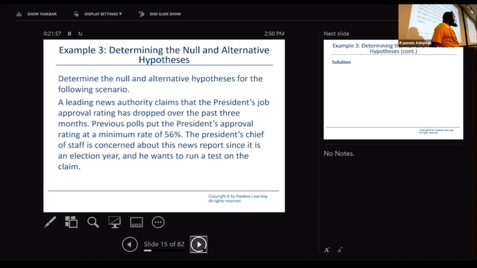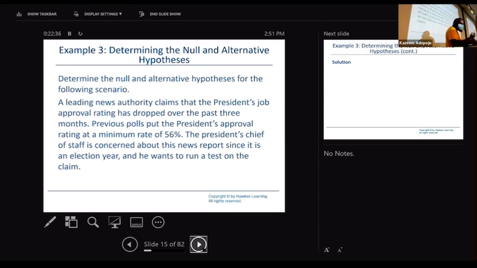How are we going to identify the null and the alternative when you are given a proportion question? Now let's take a look at this. A leading news authority claimed that the president's job approval rating has dropped. Look at the English: dropped. That's a decrease, right? That's a less than. Pay attention to the word. It has dropped over the past 3 months. A previous poll put the president's approval rating at a minimum rate of 56%. It means initially the approval rating of the president was 56%,